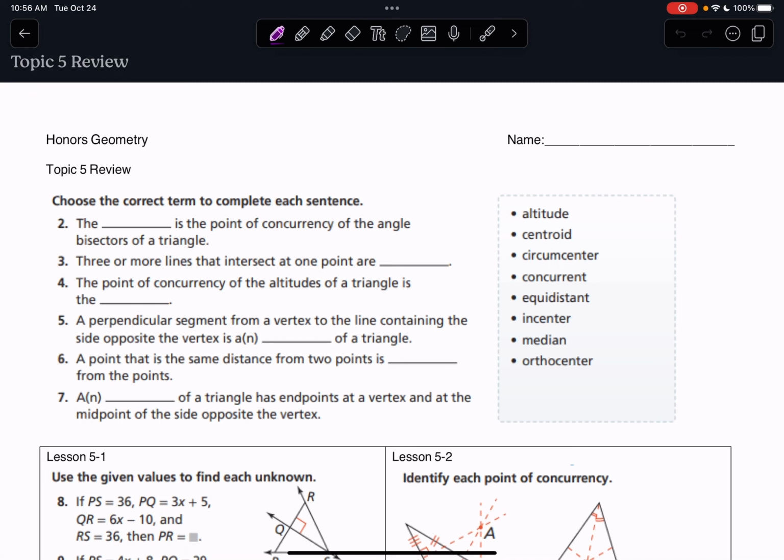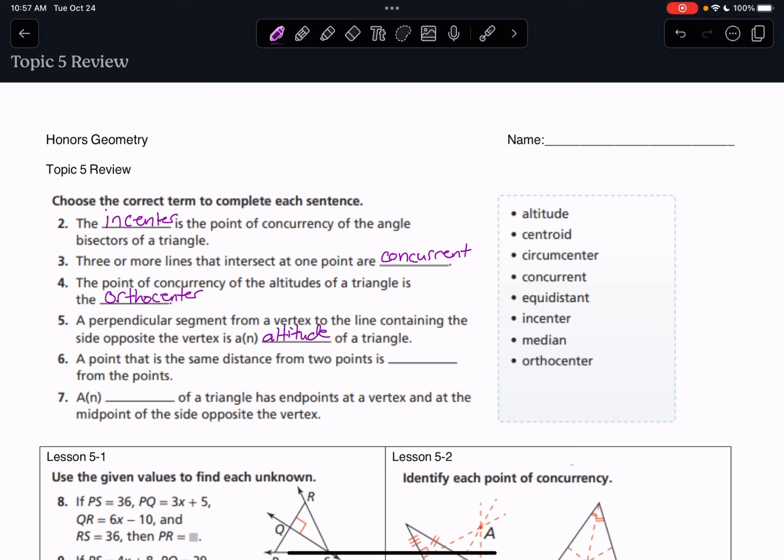So number 2, the blank is the point of concurrency of the angle bisectors of the triangle. That is the incenter. 3 or more lines that intersect at one point are called concurrent rather than intersecting. The point of concurrency of the altitudes of the triangle is the orthocenter. A perpendicular segment from a vertex to the line containing the side opposite the vertex is an altitude